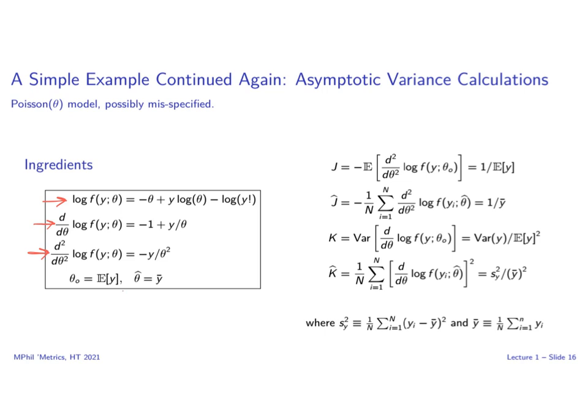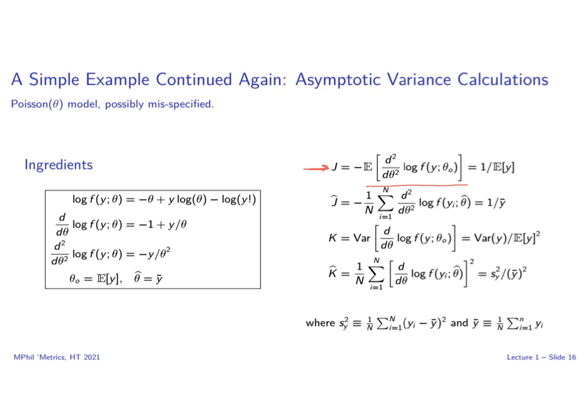Recall, moreover, that we showed that for this example, the pseudo-true parameter, theta naught, is equal to the population average, the mean of y, and the maximum likelihood estimator is equal to the sample average, y bar. Using the formulas for J hat, K, and K hat from an earlier video, we'll now carry out the asymptotic variance calculations. By definition, J is equal to minus 1 times the expectation of the second derivative evaluated at theta